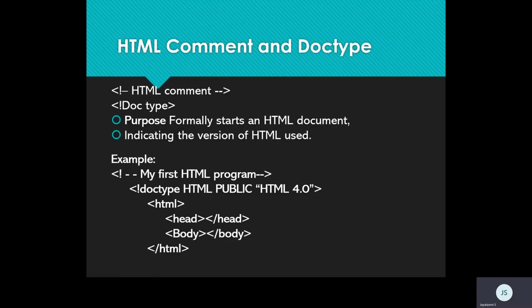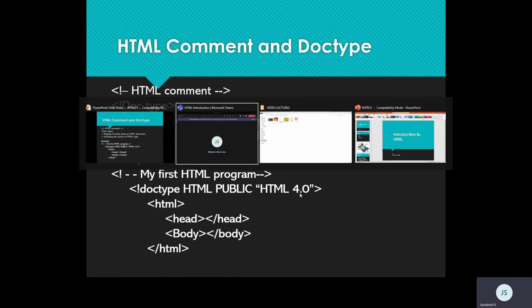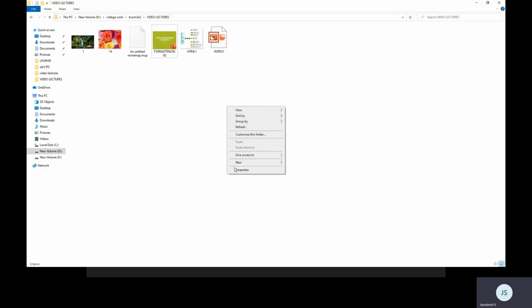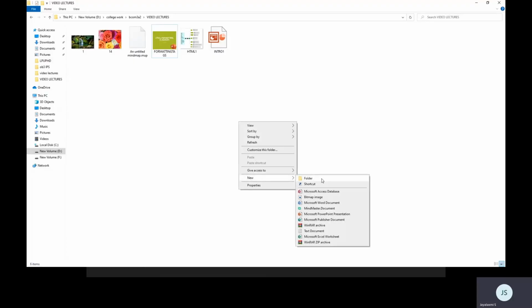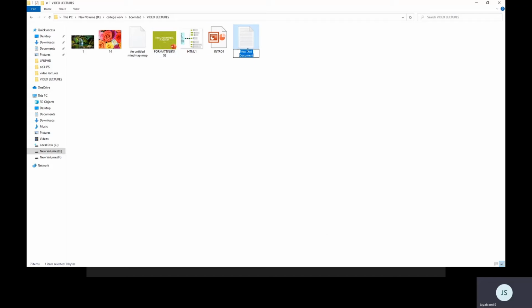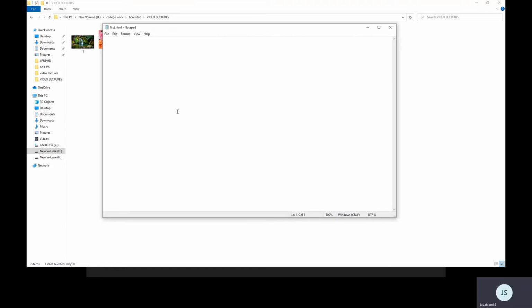How do I start my coding right now? I just want to put together a simple HTML document. How do I do that? We'll open Notepad. You can even say new, text document, and save it as .html, that's one method. The other method is you can go to Run, open Notepad, and write the HTML code. I am giving the document here the name post.html. Okay, so I open this and type my HTML code.